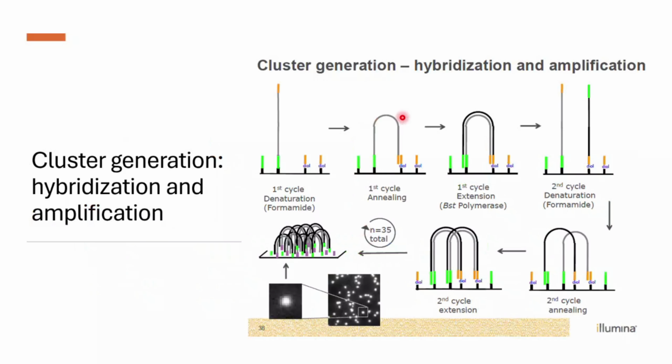How does this happen? After you denature your DNA, the other side will kind of bend like this, and then will anneal to the other linker on the other side. So this is why you need two different linkers. You do your reaction, you denature, it will bend over to the side, and by bending over, it will bind to the other one. You'll have multiple ones like this, and then you have to make them straight again. And you keep repeating this cycle for 35 times until you have a small colony of fragments that are next